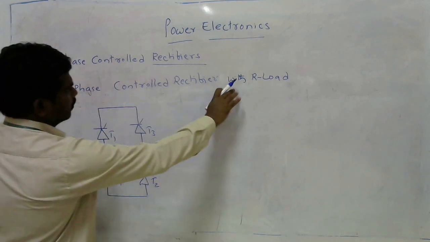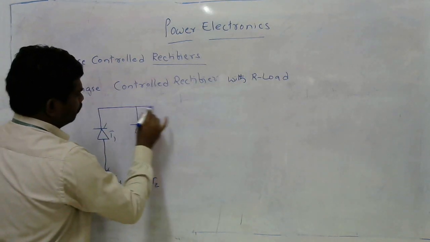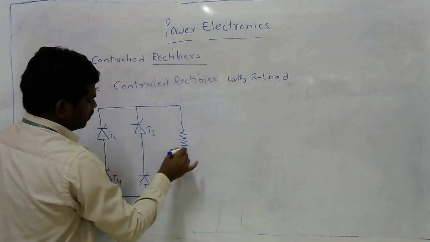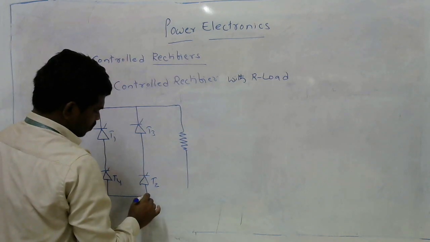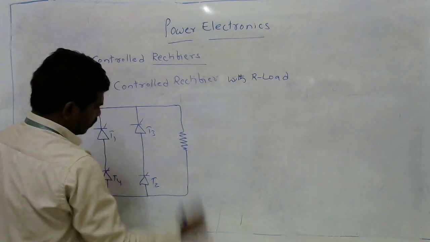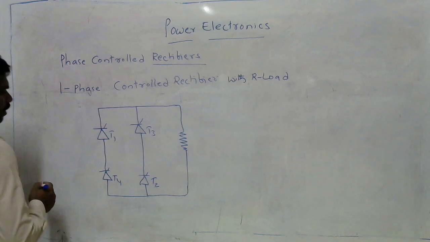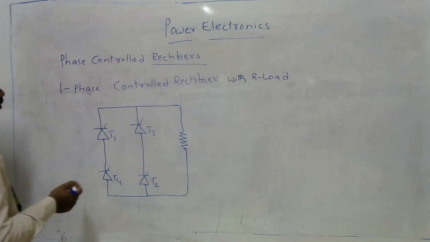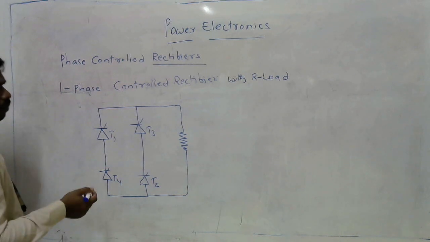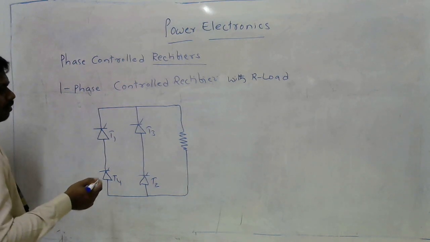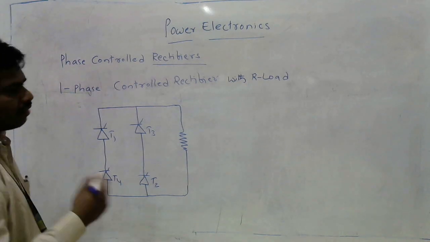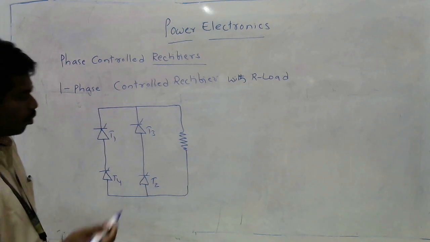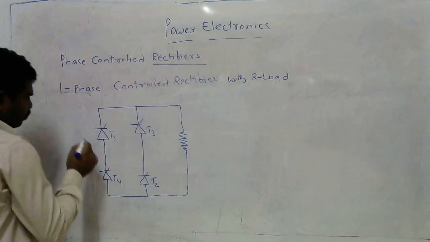As I said, it is connected to R load. This is the first circuit that we have to remember forever, along with its operation. As I said, the rectifier is defined as a power processing unit in which the power is processed and controlled. Power processing means AC is converted into DC, but according to the load requirement, the output will be controlled output.